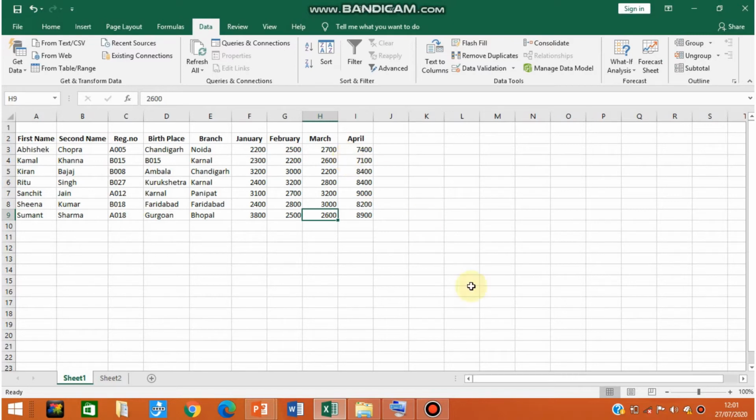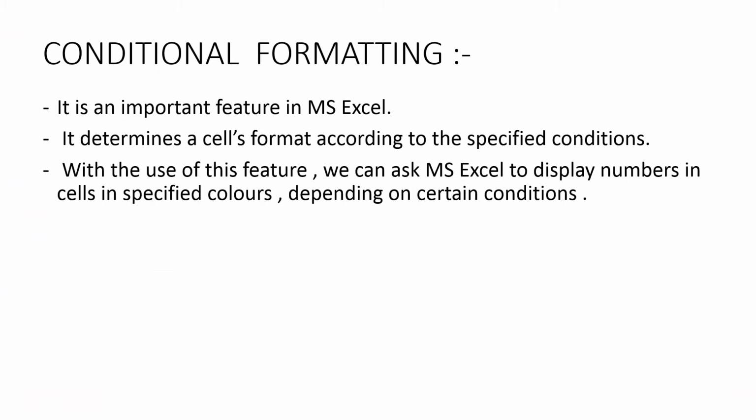Now moving on. Conditional formatting is an important feature in MS Excel. It determines a cell's format according to the specified conditions. Which type of conditions can we use in conditional formatting? We can ask MS Excel to display the numbers in cells in specified colors depending on certain conditions.